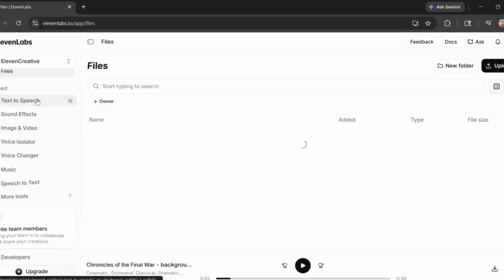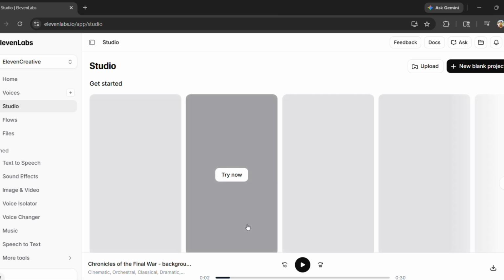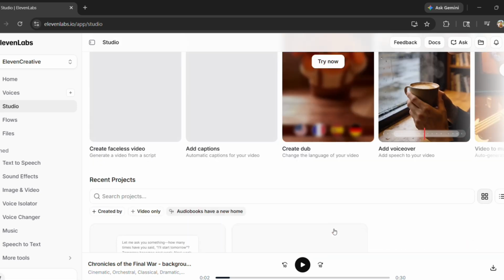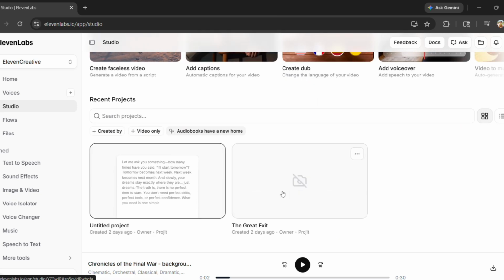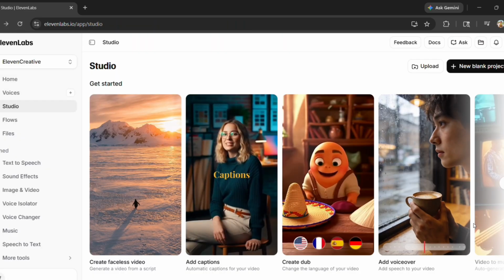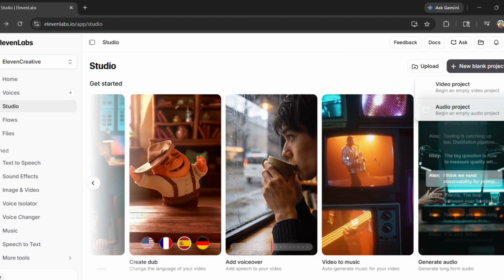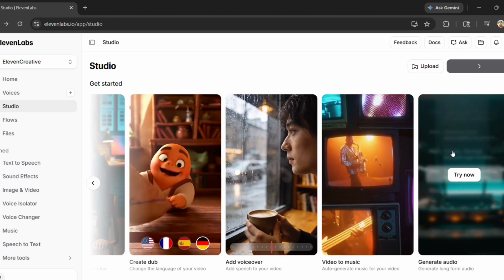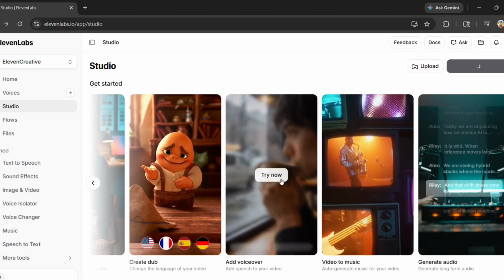Listen to it carefully. If you find any mistake, you can edit only that part and regenerate it again. Once everything sounds good, download the audio file. Finally, import the audio into your video editor like CapCut or any editing software you use, and sync it with